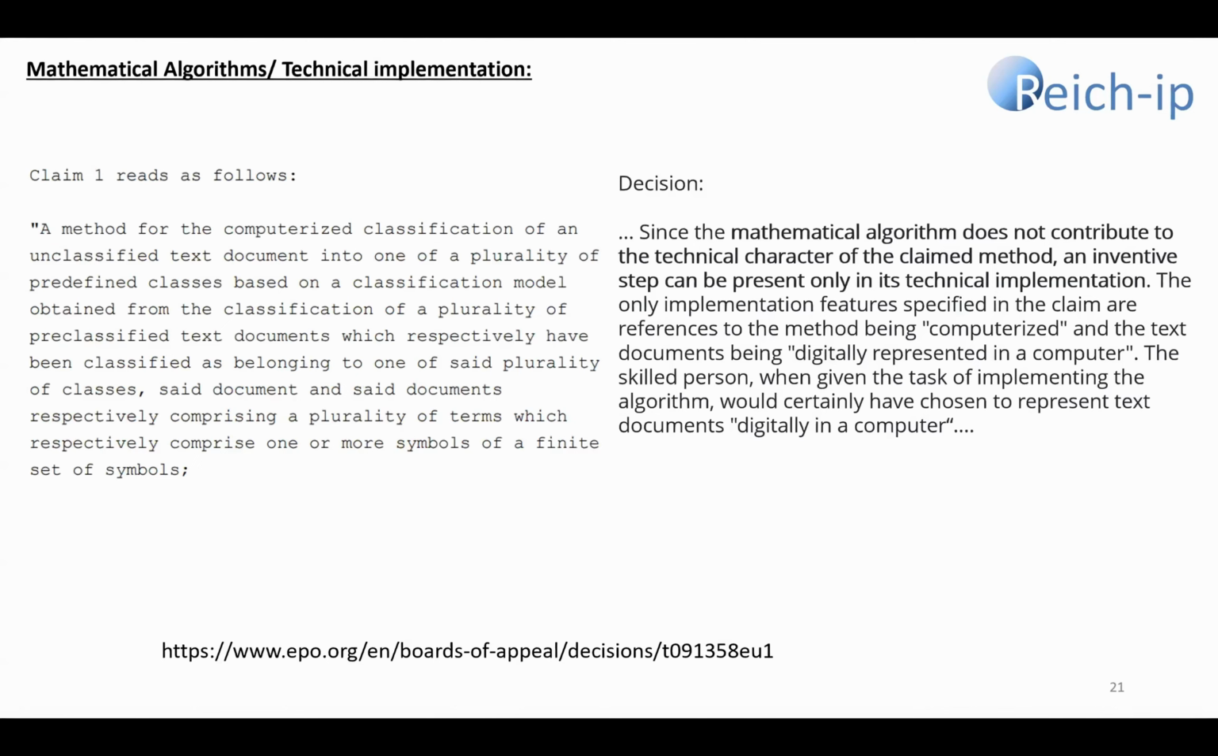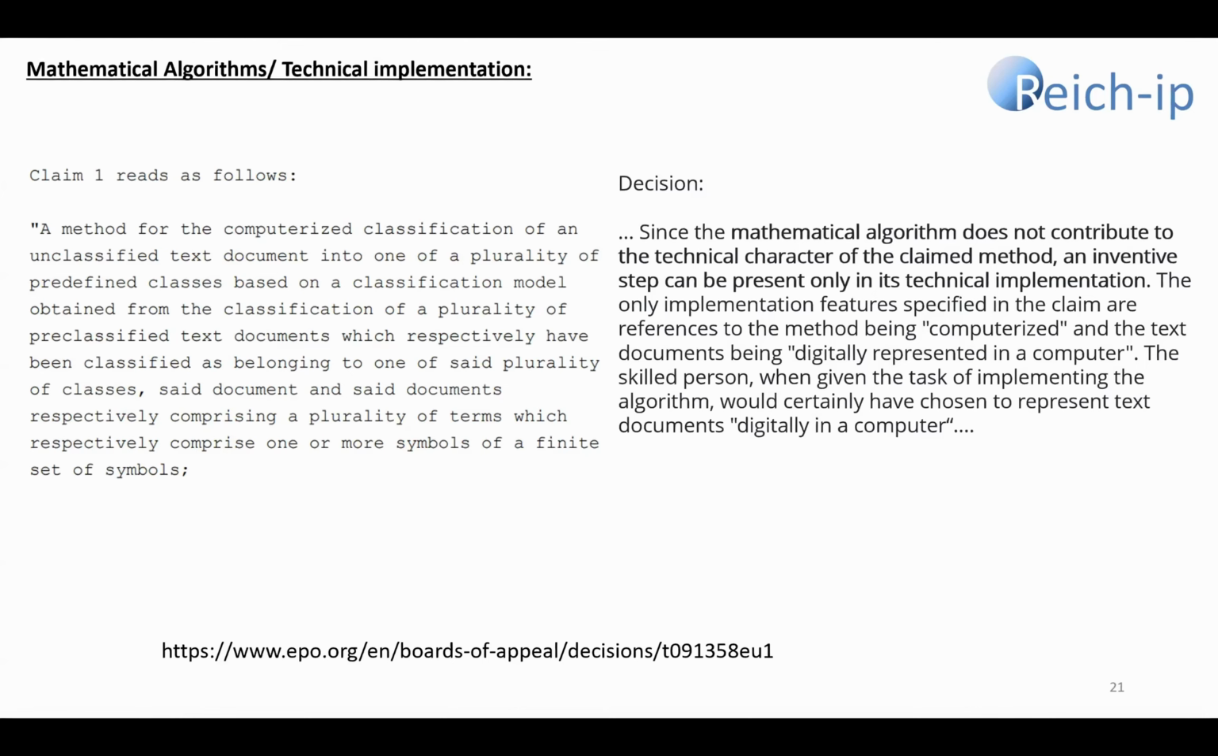Then what we have here is a method for computerized classification of an unclassified text. So this rather refers to the lower or to the middle layers of the AI stack, where we have the large language model. And what was ruled in this decision is the following: since the mathematical algorithm does not contribute to the technical character of the claimed method, an inventive step can be present only in its technical implementation. So what is interesting